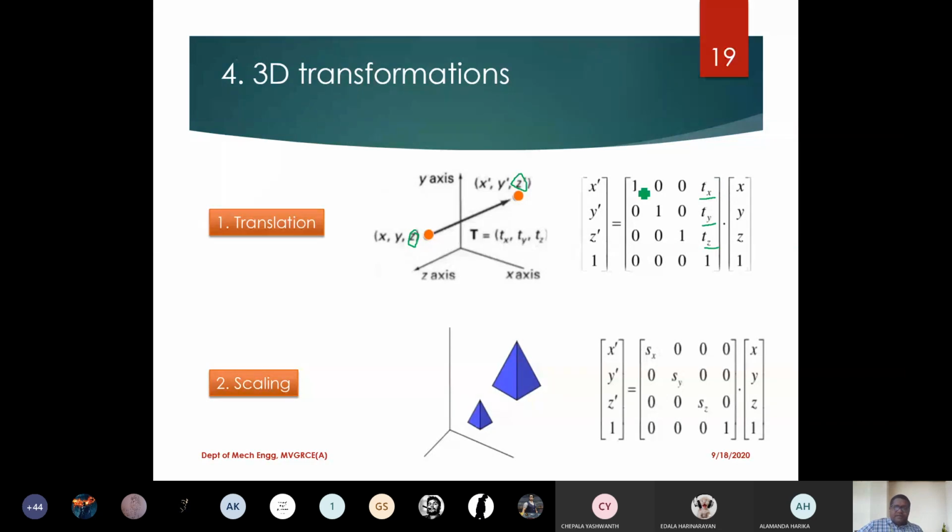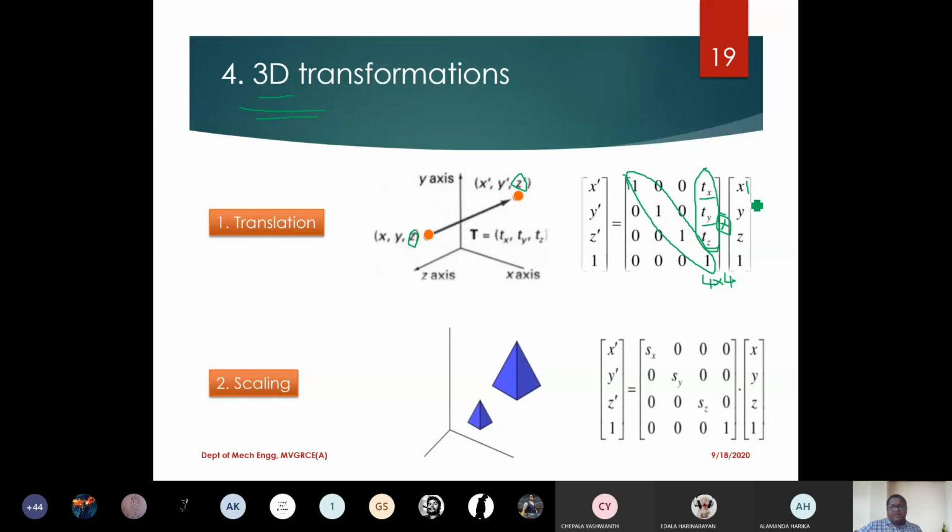You have to remember here that all the diagonals are ones, and here I am getting the displacement related values, and all the remaining are zeros. Now if you look at it, I directly showed you the homogeneous representation. That is the reason even translation came into multiplication format, right? So all the transformation matrices are of the order of 4 by 4 for 3D. And we are actually going to play with the XYZ coordinates also.